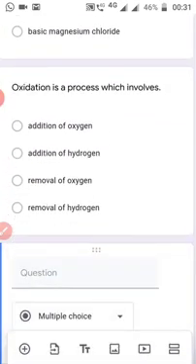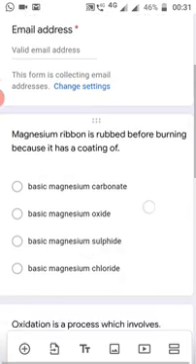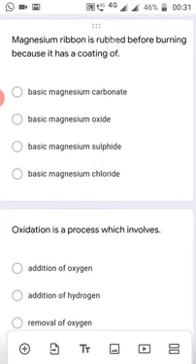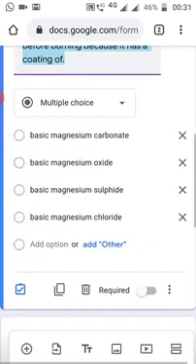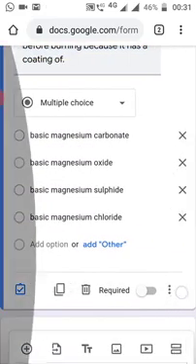Now, after completing my questions one by one, I can set the correct answer. So whenever a user attempts it, the system will automatically decide whether the student or candidate has given the correct answer or not. For that, at the bottom of the question, you will find these options in this bottom bar.